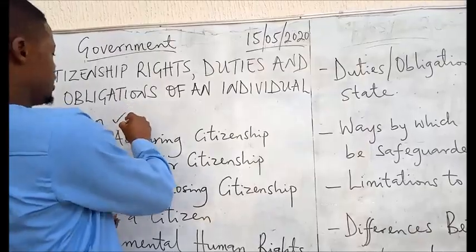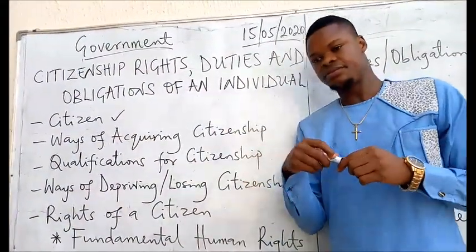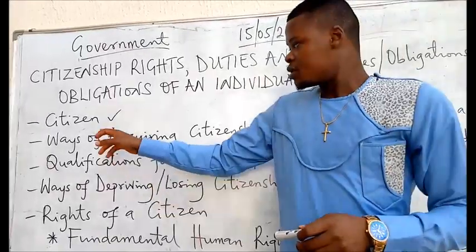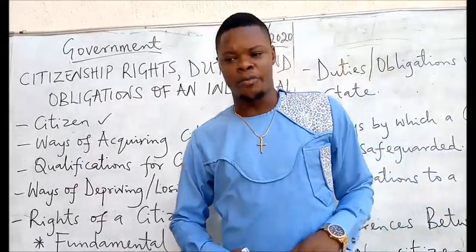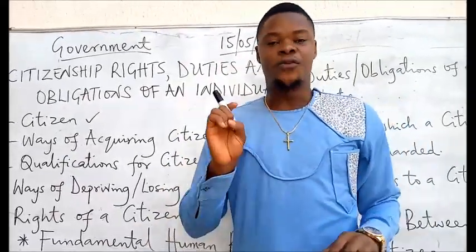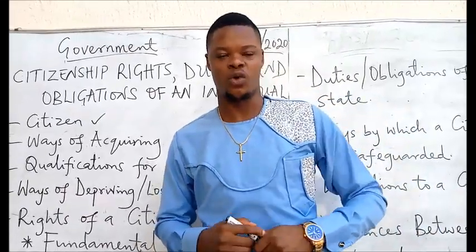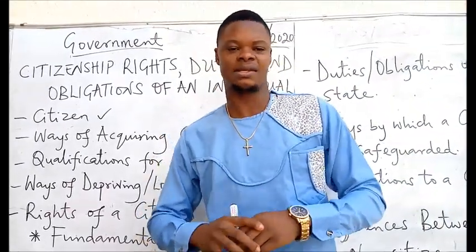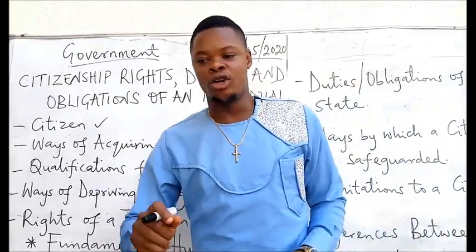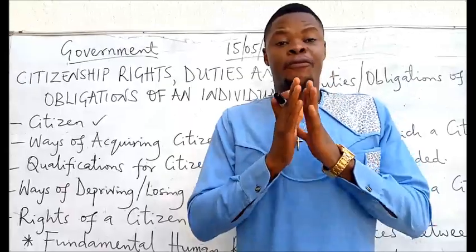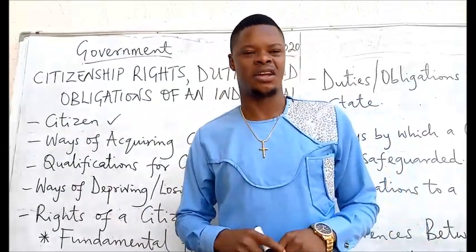Let us go immediately with the definition of a citizen. So we define a citizen. A citizen is a legal member of a state with full constitutional or legal rights in the country in which he or she resides. I take it again. A citizen is a legal member of a state with full constitutional or legal rights in the country in which